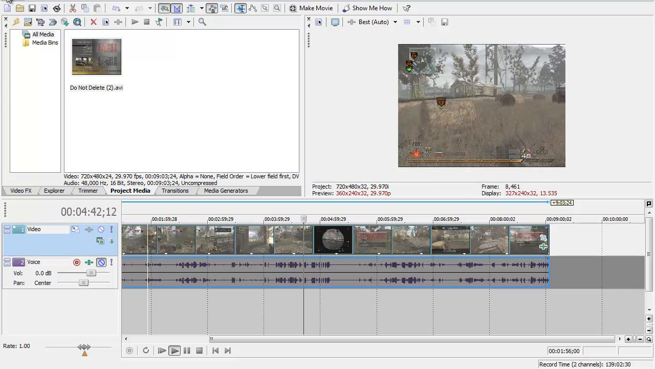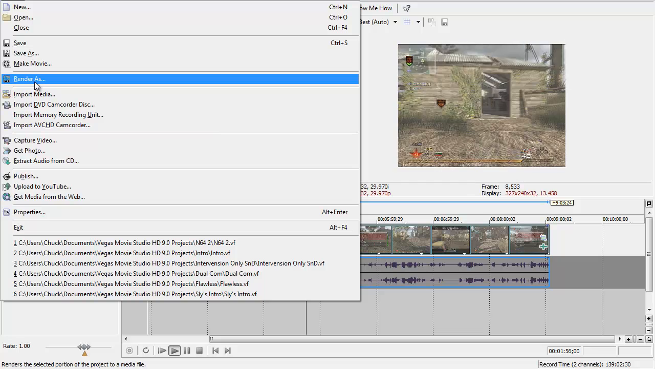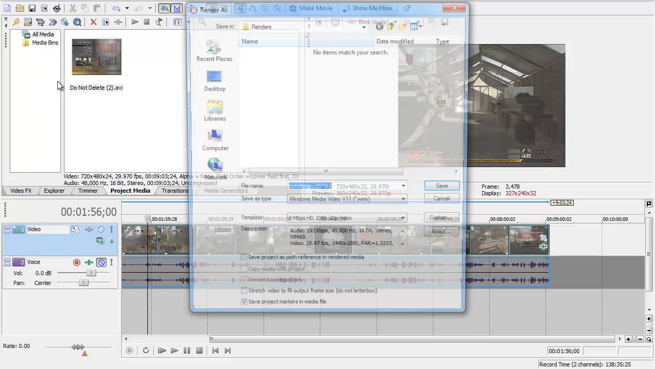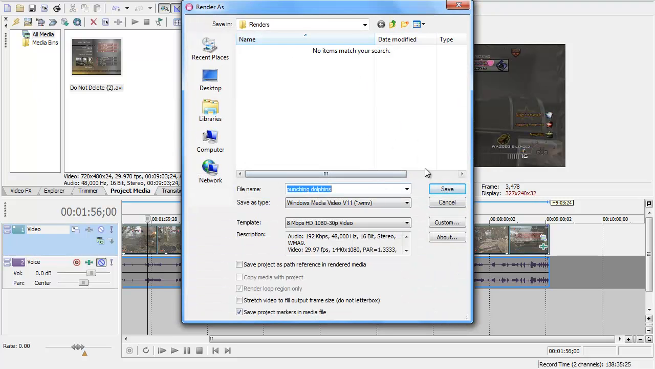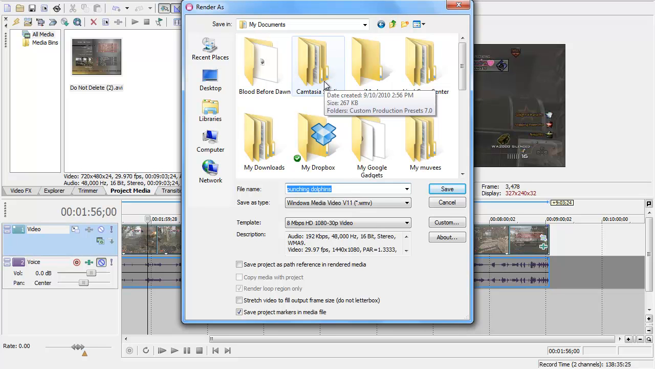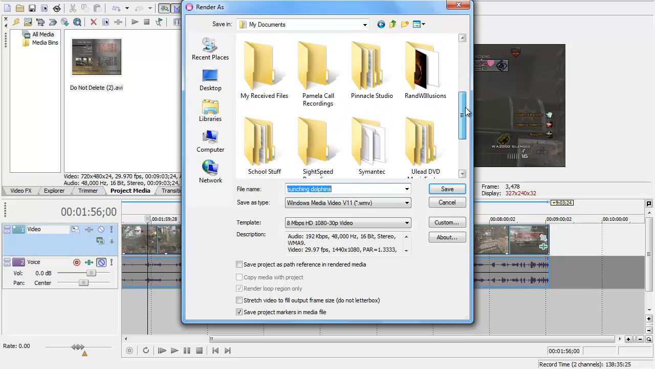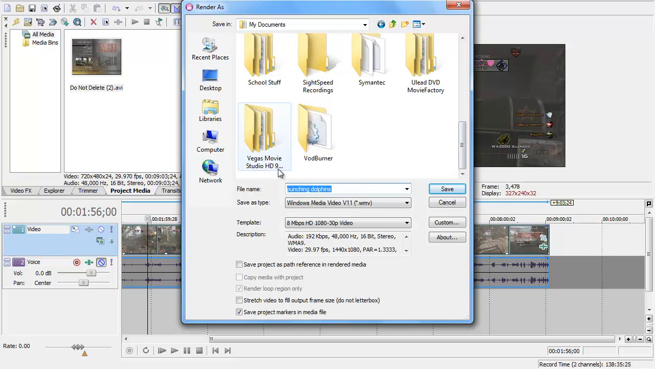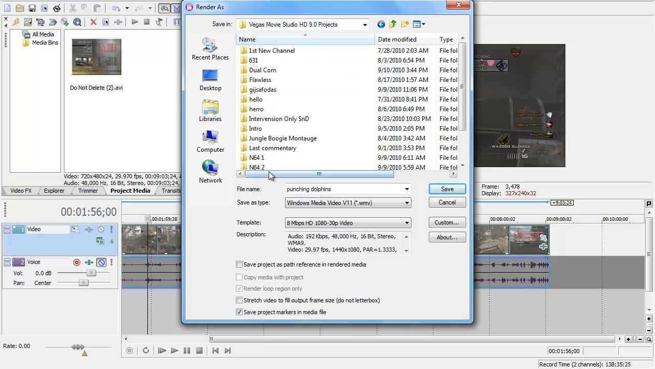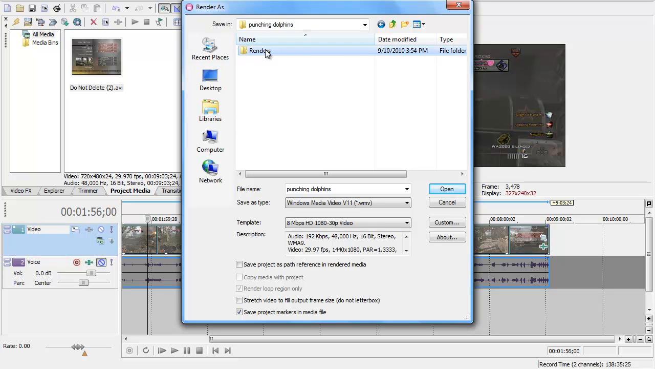So what you're going to do is come up here to project, and go down to the render as, and click on that sucker. Then this screen right here will pop up. And if you're wondering where it's saved, I'm just going to back up a few folders here. When you install Sony Vegas, it's going to put a file in your documents folder unless you tell it to do otherwise. So when you want to grab your video to post it on YouTube, you go to your documents, down to Vegas Movie Studio or whatever Vegas you have, and then you're going to find the name of your video in this section. Mine is Punching Dolphins, and then it's going to be saved in the renders